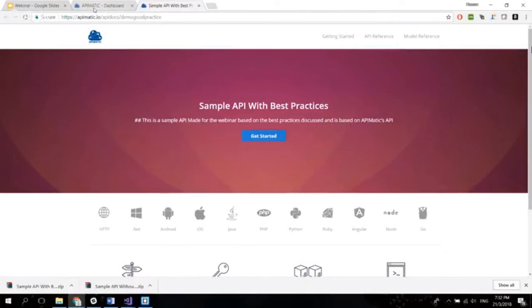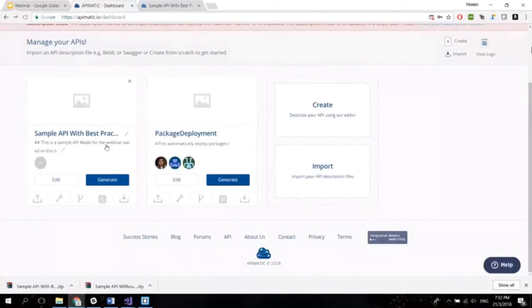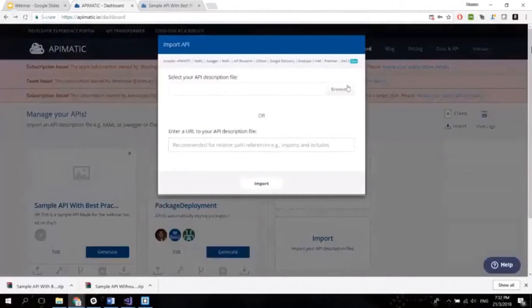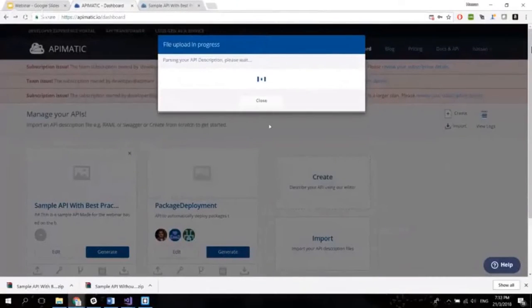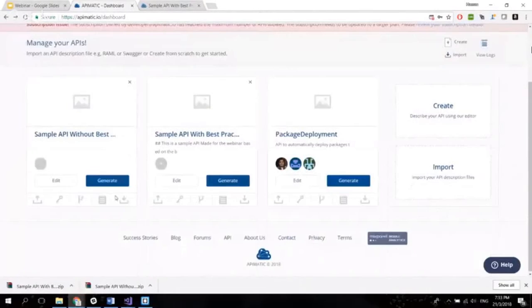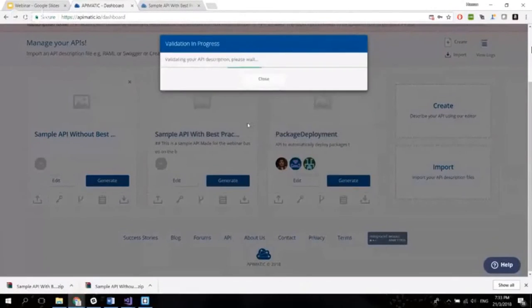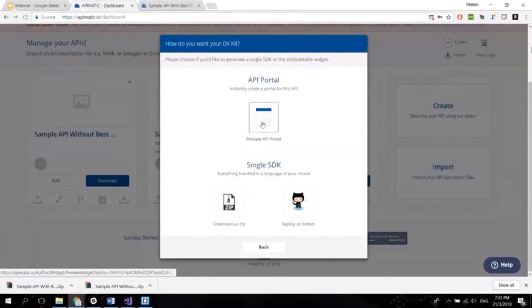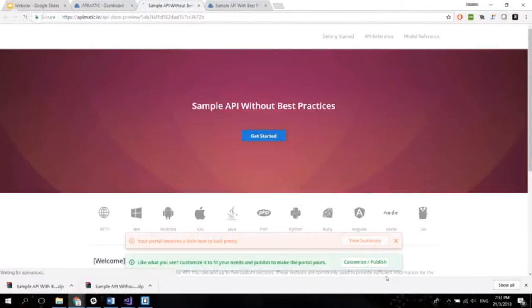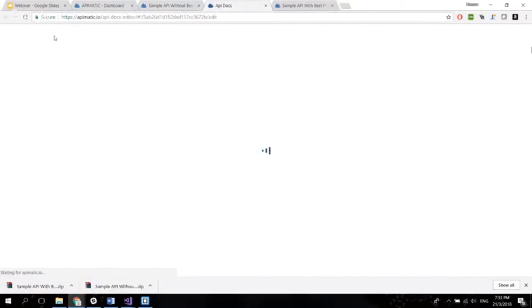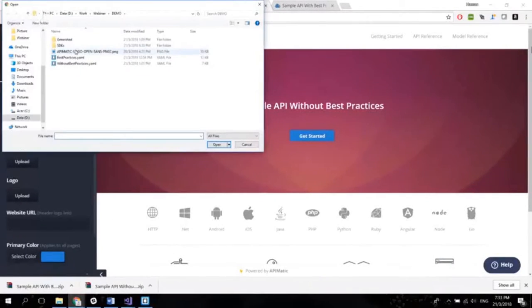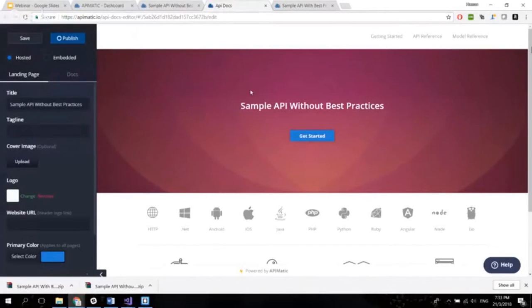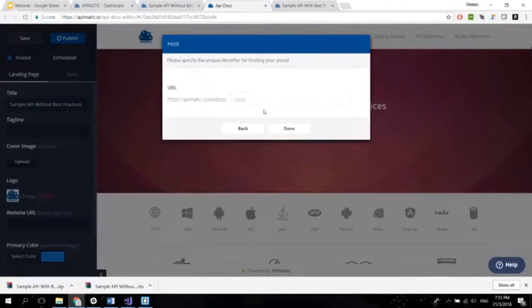So I would like to do the same thing with the API description that did not follow the best practices. So just click on import, close, generate, proceed. We want to deploy it to the portal. We want to customize and publish it. Again, give it a nice little logo, save it, and publish it. Again, host it on ApiMatrics. So demo,